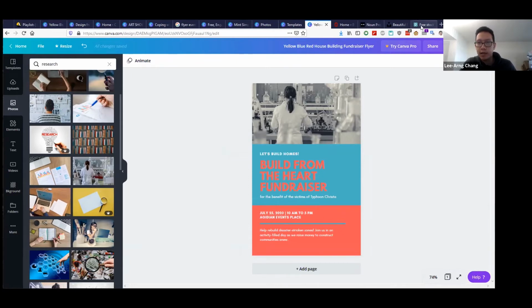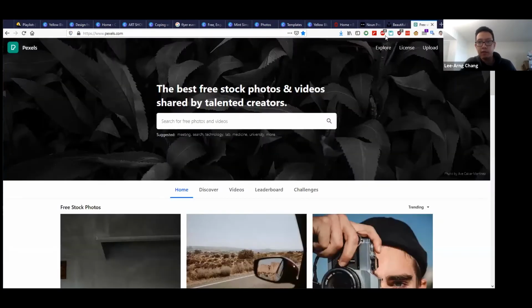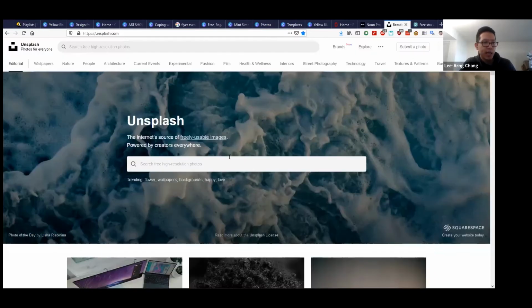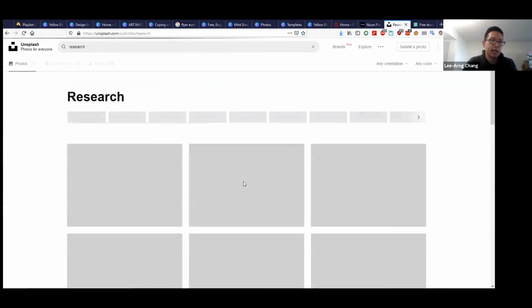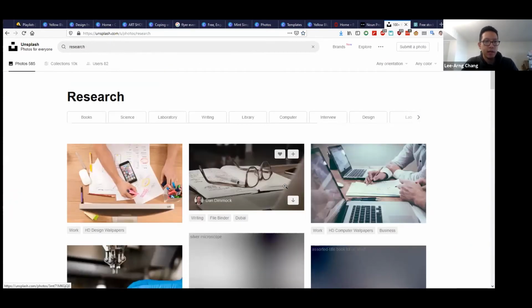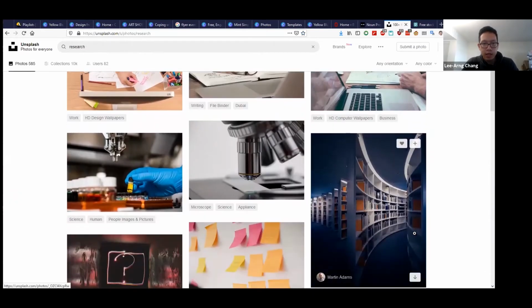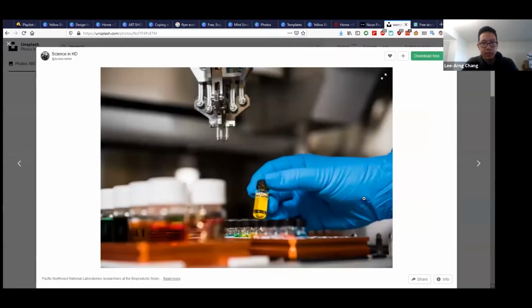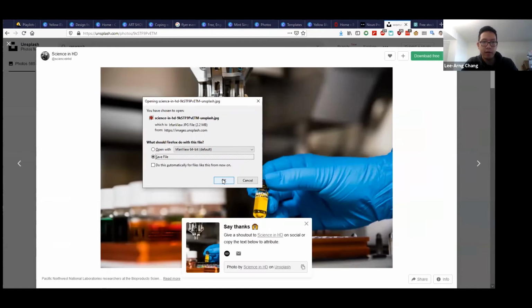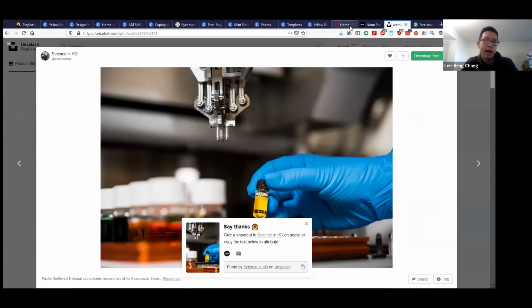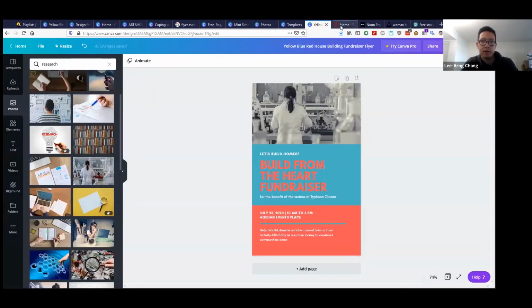let's say here, I have some pulled up. So Pexels is one of them. Unsplash is another one. I put something like research. These are free stock image sites. And maybe some of these will look interesting. So I can actually download this large photograph here, save it onto my computer, and I can go back into Canva, go to uploads,